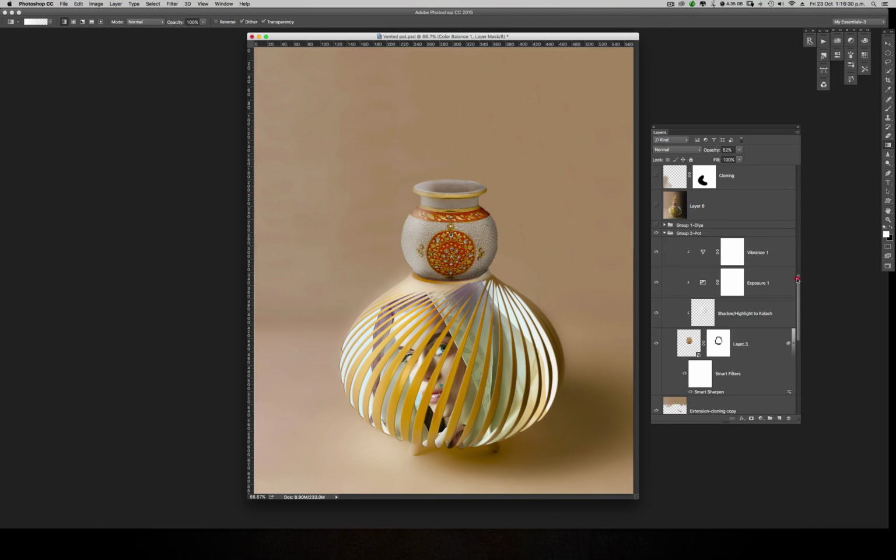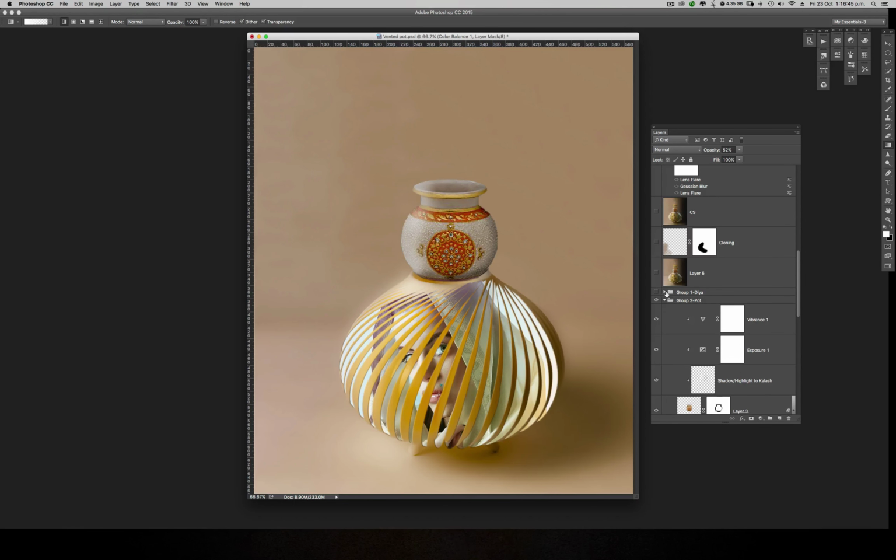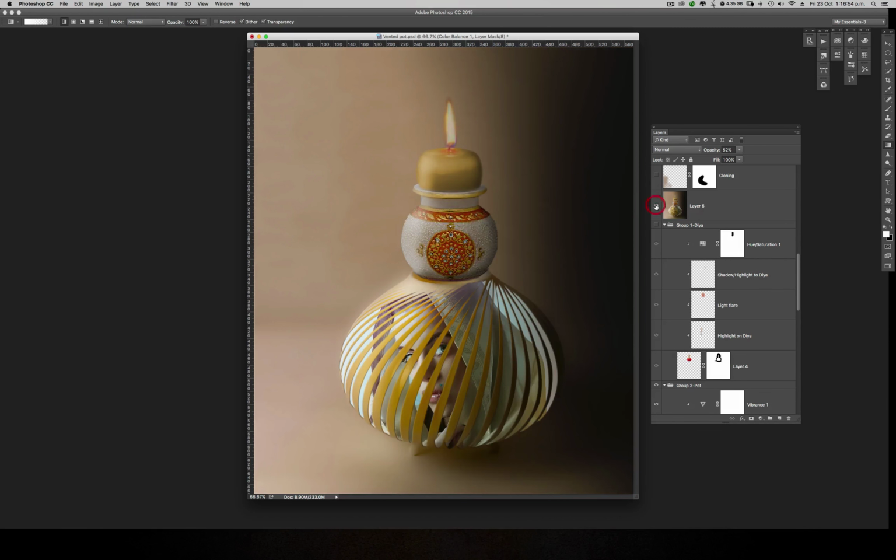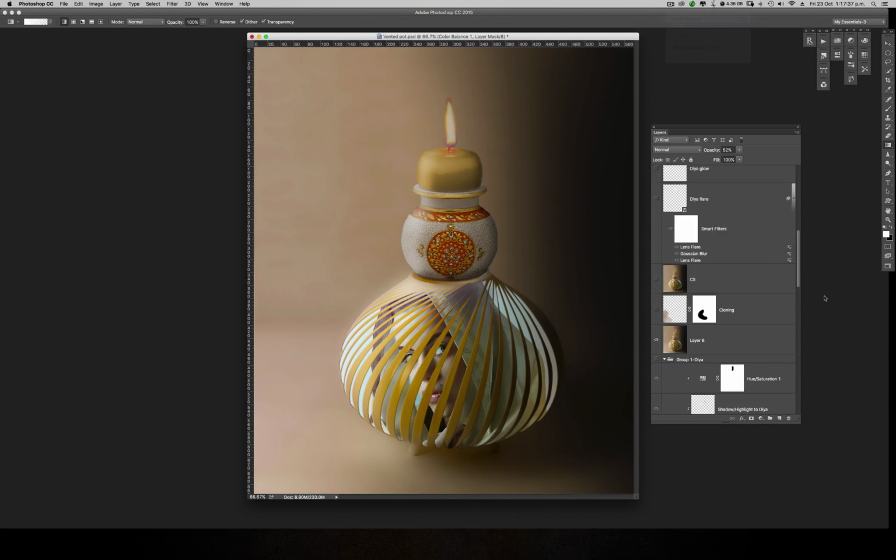if we go further, this second group shows us furthermore, which I added even more. I added the candle at the top. Then as you can see, this particular part at the bottom left is a bit brighter than the other part, so I corrected that by cloning it. And then I went further